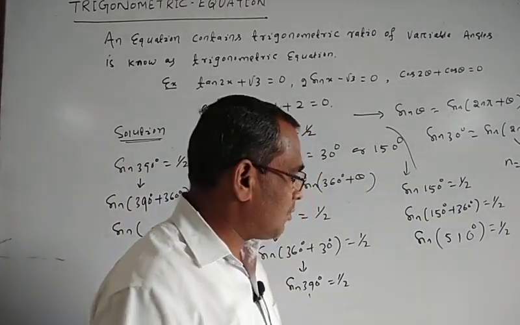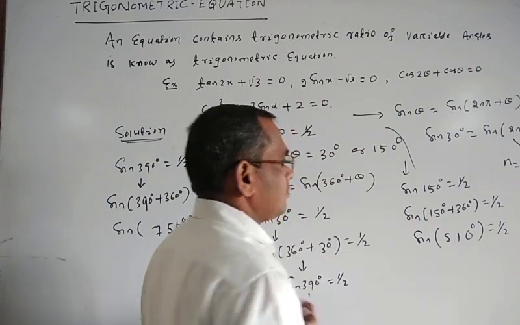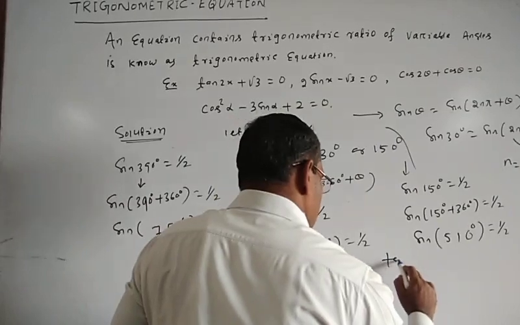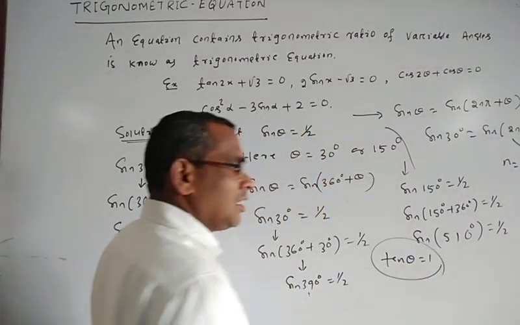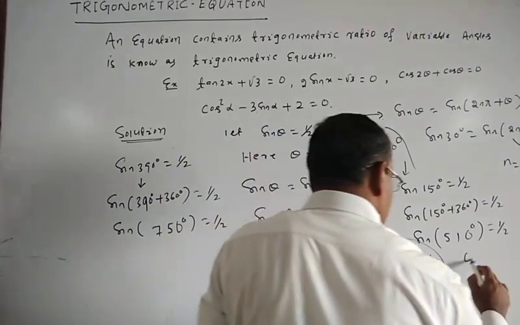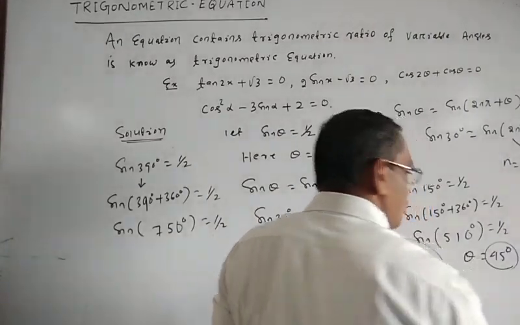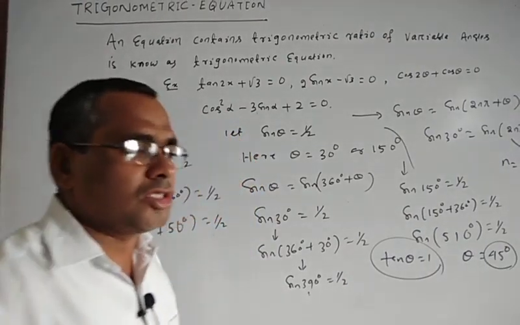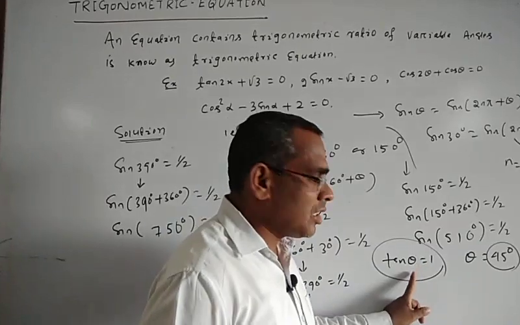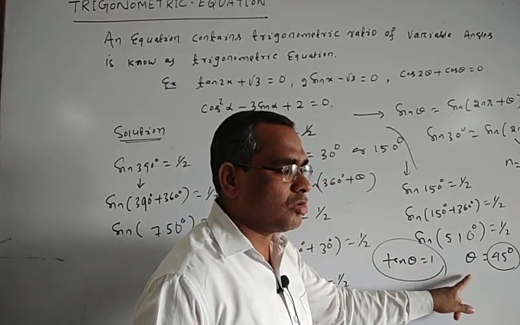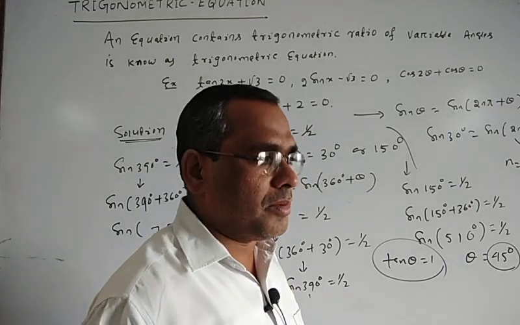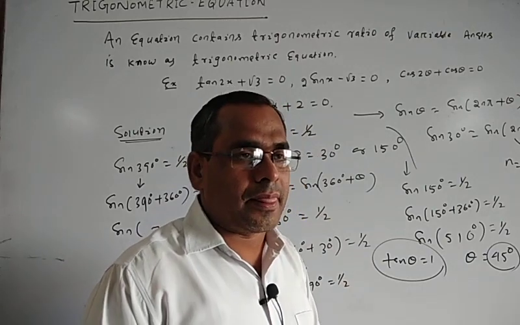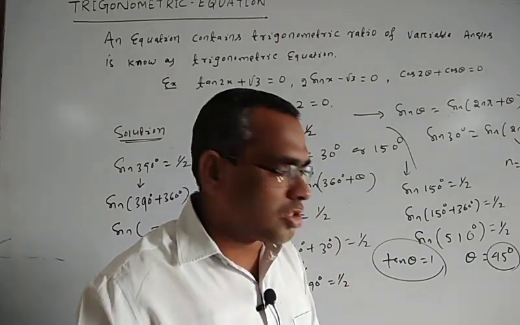If we take another example, suppose tan theta is equal to 1. You know tan theta is equal to 1 means theta is equal to what? 45 degree. But tan of 180 plus theta is equal to tan theta. So 45 degree, then add 180 degree, this is equal to 225 degree. Tan 225 degree is also 1. Then we add again 180 degree, you will get another angle. This will also be 1.